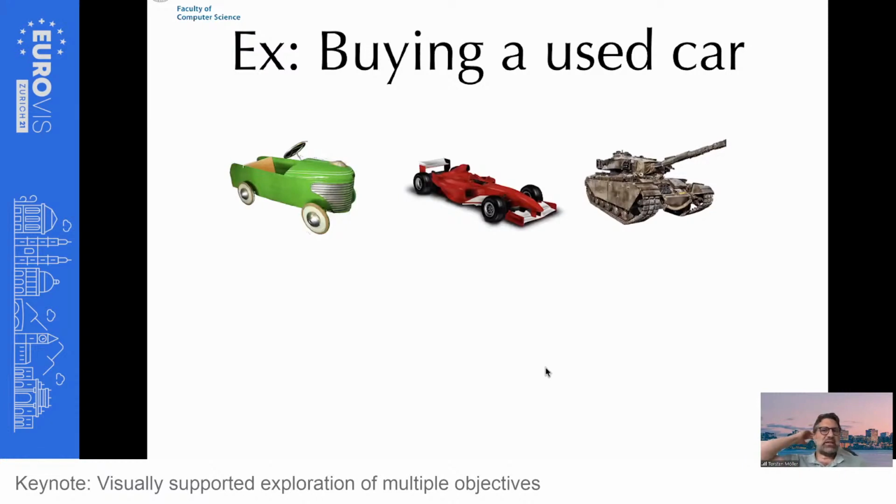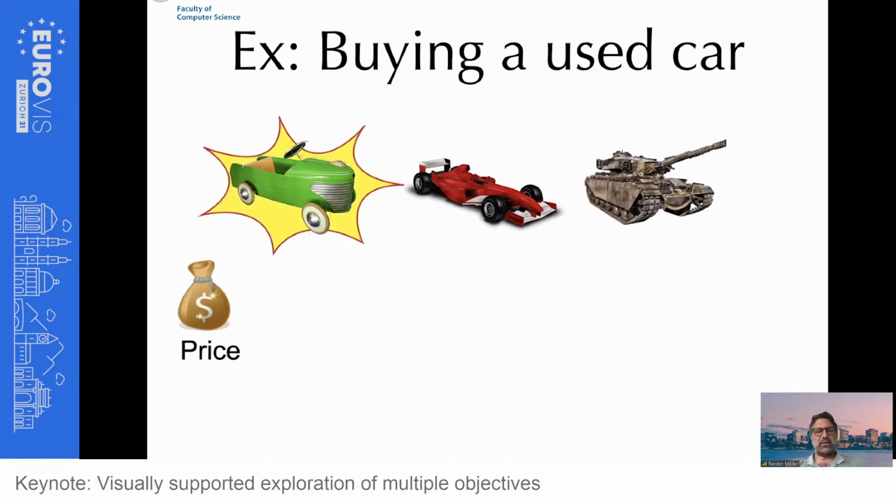But I would like to start not necessarily with a machine learning problem, but with a very simple problem. An example: assume that you're buying a used car, you have a limited amount of money available. And of course, there are different types of cars available on the market. And you could say, if you want to have the best car according to your budget, or the least expensive car, let me put it this way. So if price is your only objective here, then you can sort those three cars and you'll come up with